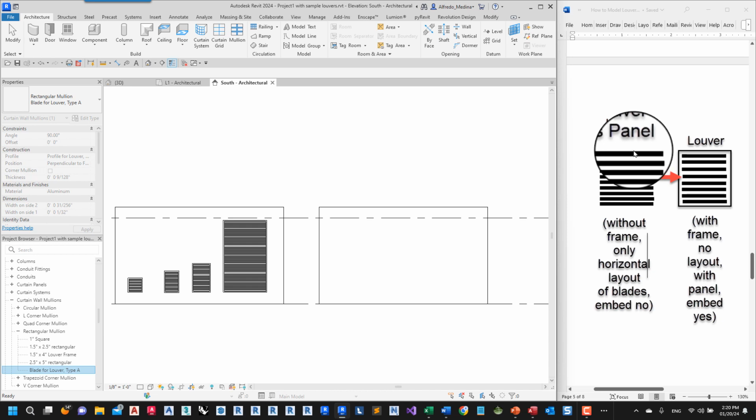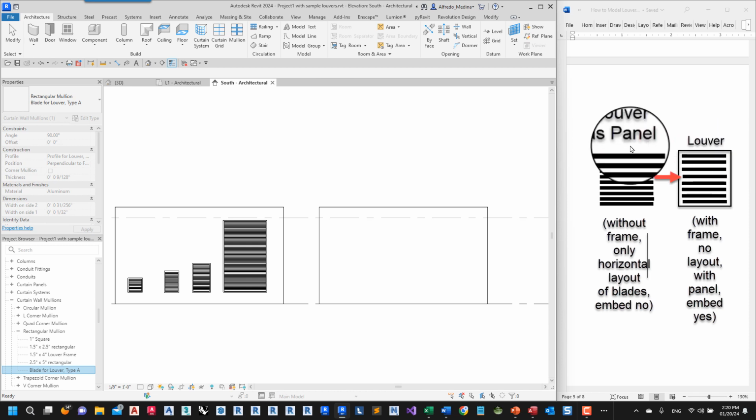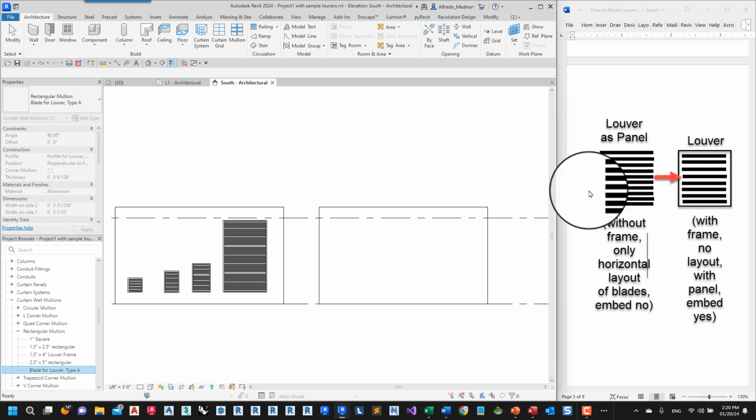We are going to configure two types of curtain walls. One is going to be called louver as panel, and is going to have only a horizontal layout of blades.